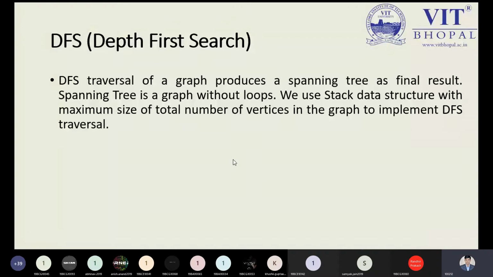So how many nodes, how many vertices do we have? Those nodes and vertices must be visited once, and following the graph concept, keep in mind the term that it should generate a spanning tree. After visiting all the nodes, if we have a loop or cycle, we can say this is not a tree.